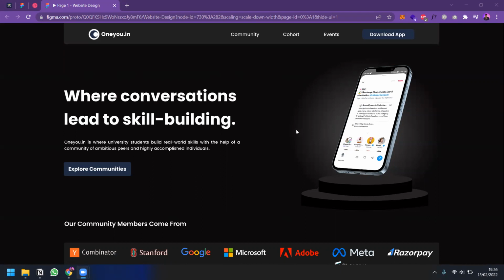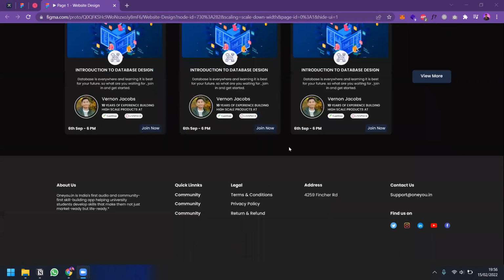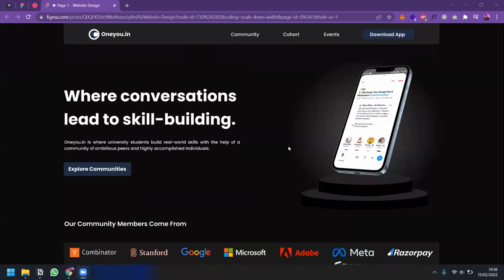The way this all works is they have a mobile application which they want to get downloaded, and from there they build community driven education. So this is what the concept is. This is the website that we did, and this is a dark theme website. So let's get started and see how we did it and what the overall concept and process is. The main objective here is to get downloads of the application,